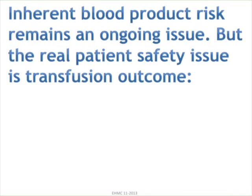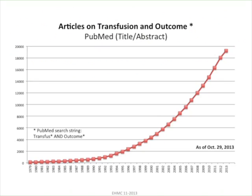But this is not really the problem of transfusions. It's not the inherent or the product risk. The much bigger concern, the real patient safety issue, is the outcome. And if you do a PubMed search on transfuse star and outcome star, you find almost 20,000 articles connecting transfusion